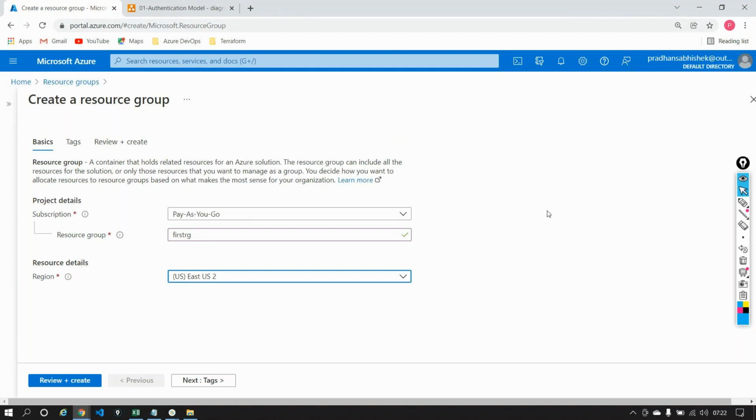Now, what is the factor behind this selection, what influences me to select East US 2 or any region? I will always consider three things before selecting a data center.